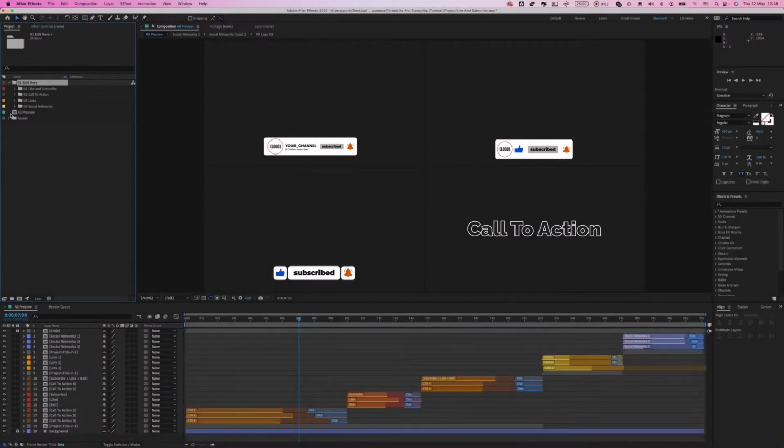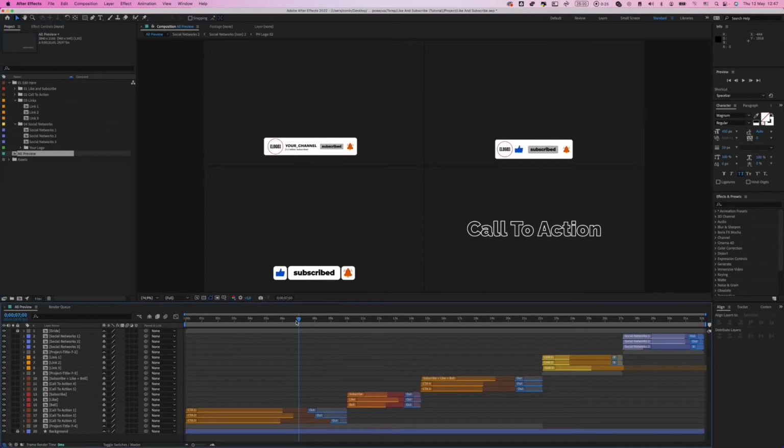In After Effects you will have several folders. In the folder edit here you can find all necessary compositions. So here you will have compositions with like and subscribe, with call to action, with link and social media. Same here you will have all previews. When you open that composition, here you can check all previews of all like and subscribe which are available on that